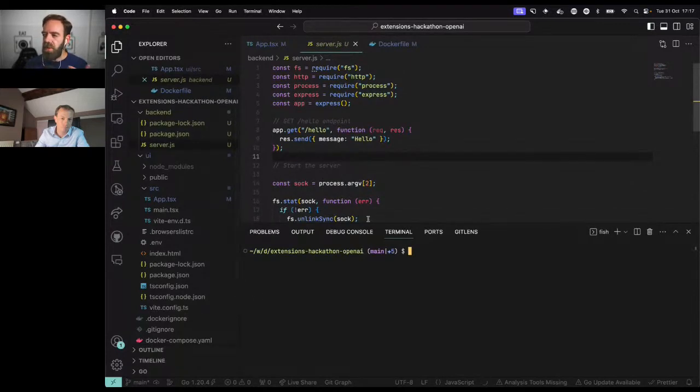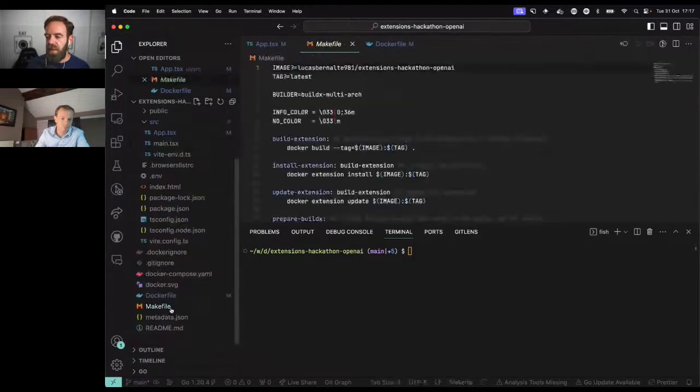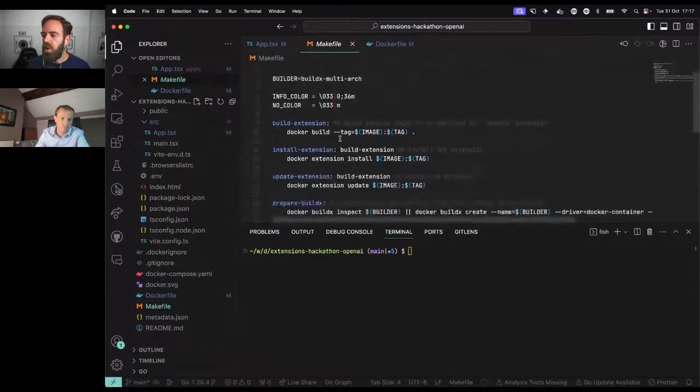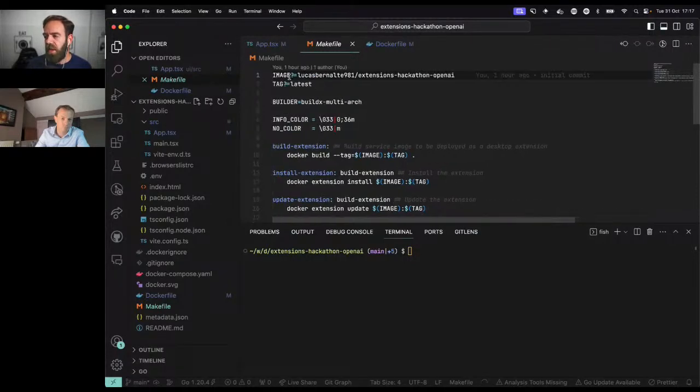I could pass the name of the extension and the tag, but we provide a makefile. You can see it here in the root folder as well. So you don't have to build the extension and then update at the same time, and you can just run make update, and you can see that it's just doing a Docker build and then Docker extension update with an image and a tag, and the image and tag are in here. These are the names that when you run Docker extension init, it gets filled with this name in here.